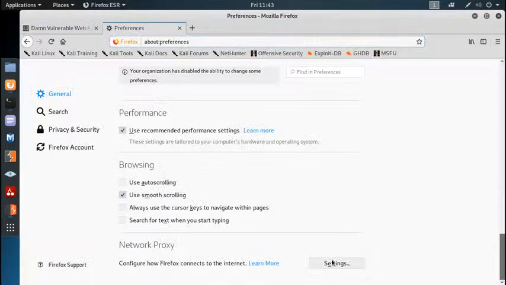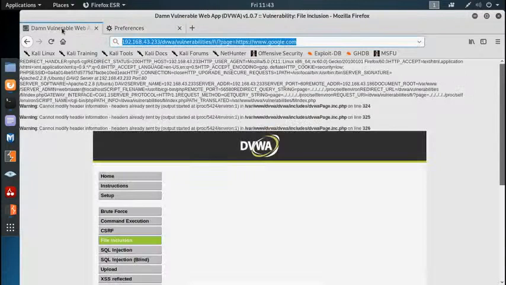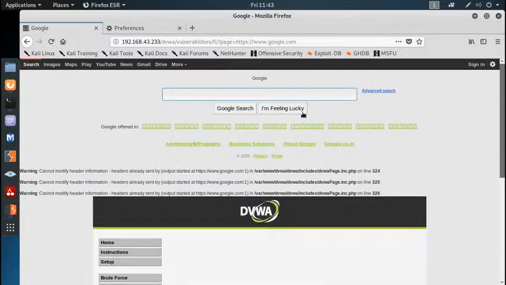I hope my proxy doesn't cause any problem there, so I'll turn off the proxy out here and search for the page. As you can see, the resource of google.com opened up out here. So that means I can access the resource of another